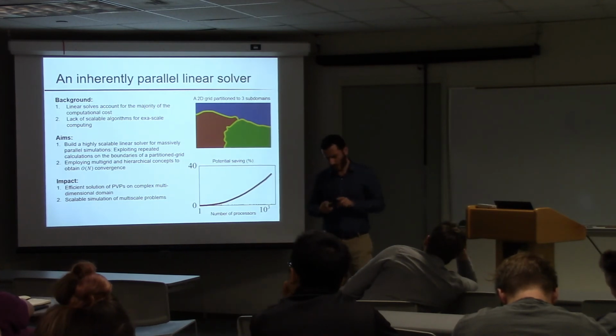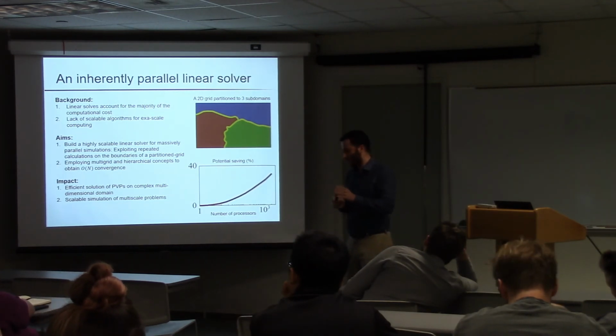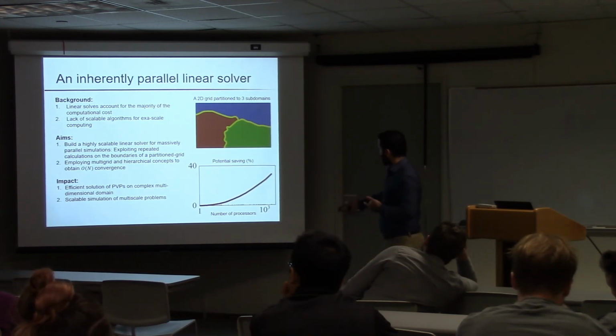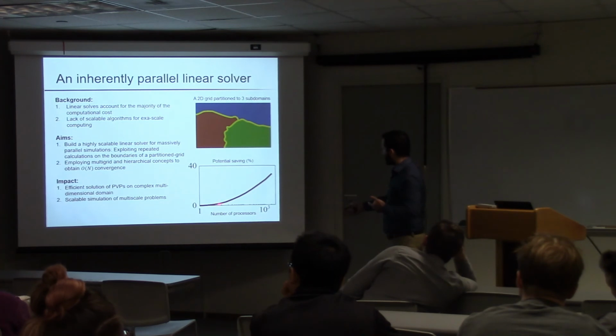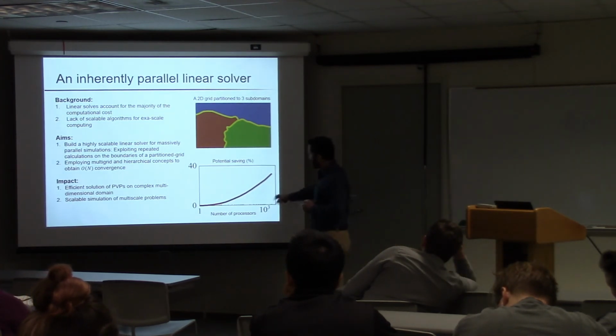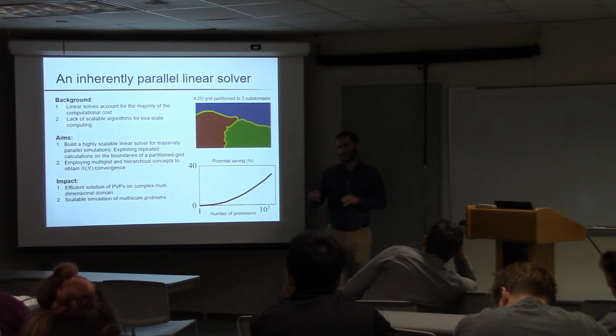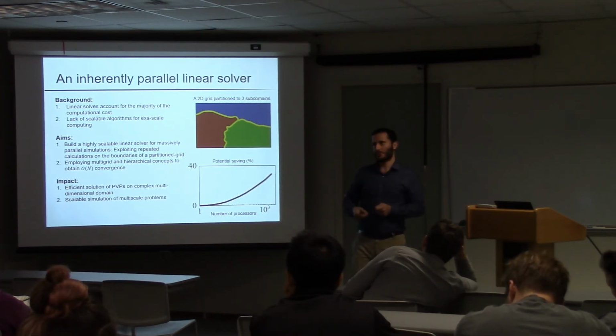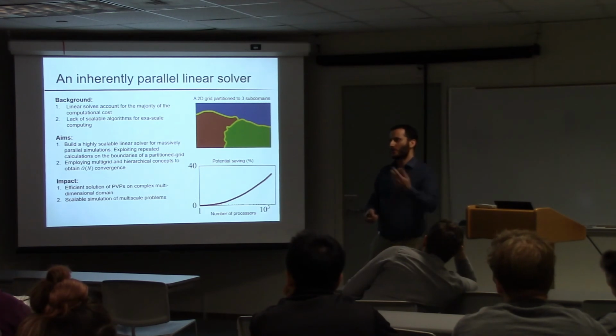In order to make sure that the solution is consistent. So for a typical problem, I plotted the number of repeated calculations against the number of processors, right? The number of processors basically means the number of partitions. And you can see that for a typical problem, as you hit something like 1,000 processors, you're basically doing 40% of the work just to repeat the same calculations on multiple processors.